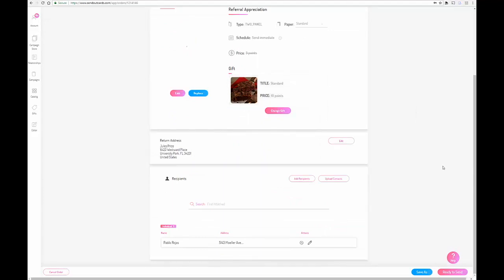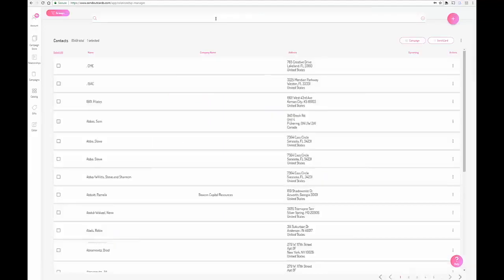So as you can see, you can send it from the campaign area and choose the recipient, or you can select the recipient and choose the campaign, whatever is more convenient for you. In some cases, you might want to send a card to an entire group of people with one click, like a holiday card or an invitation, in which case you can create the campaign and send it to an entire